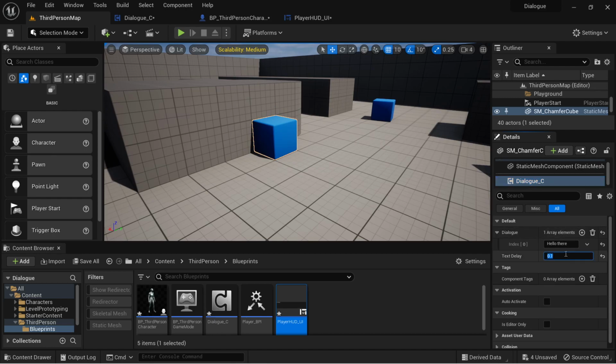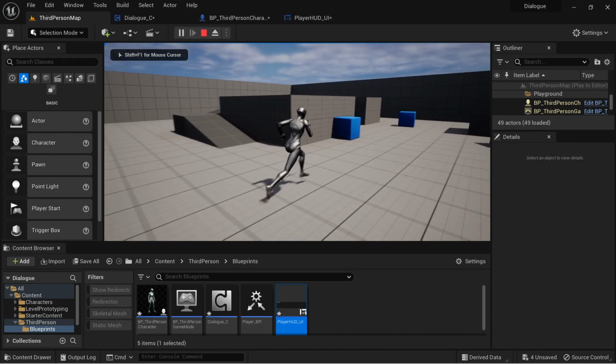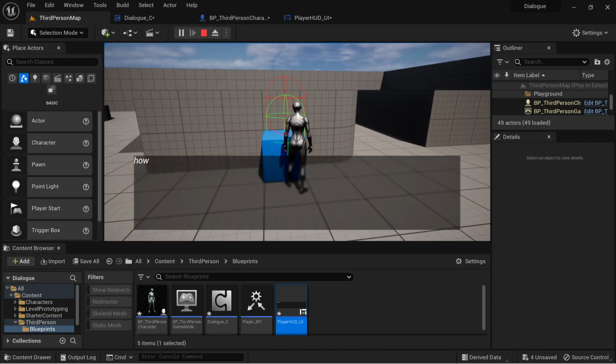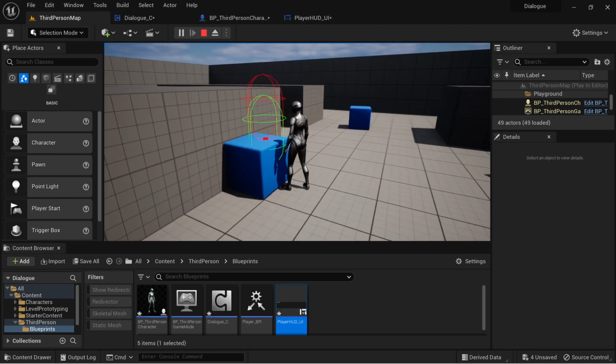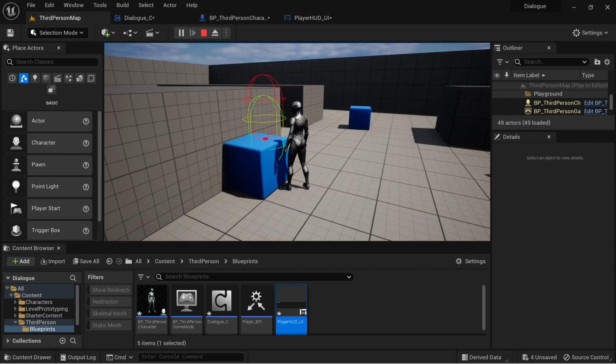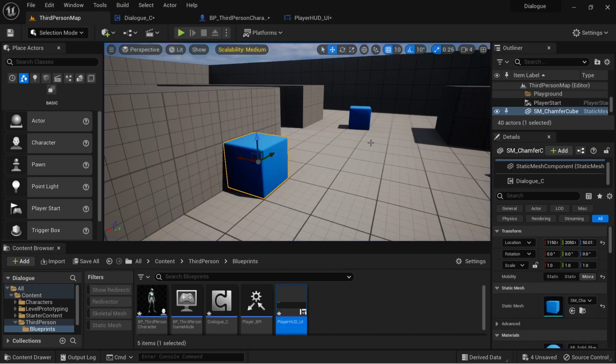So I'm going to set this back to 0.025. I'm going to add one more line, because I want to show you a glitch that if you stop right now, it's going to have some issues. So, hello there. How are you doing today? And what you'll notice is if I run up and I just start hammering on the E key, well, I guess it doesn't have that issue. Every once in a while it would have an issue of mixing text. So if you have a situation where if you hammer the E key and it starts splicing both lines together,